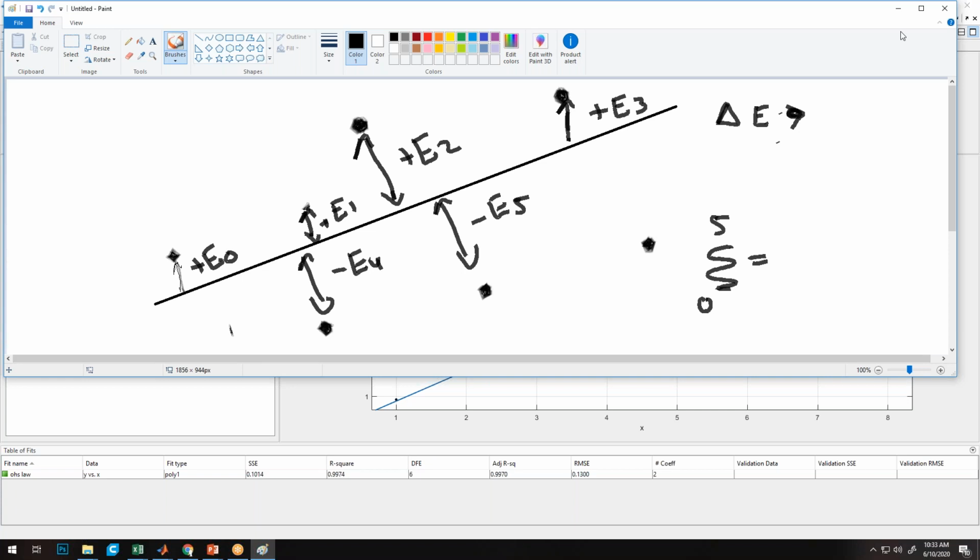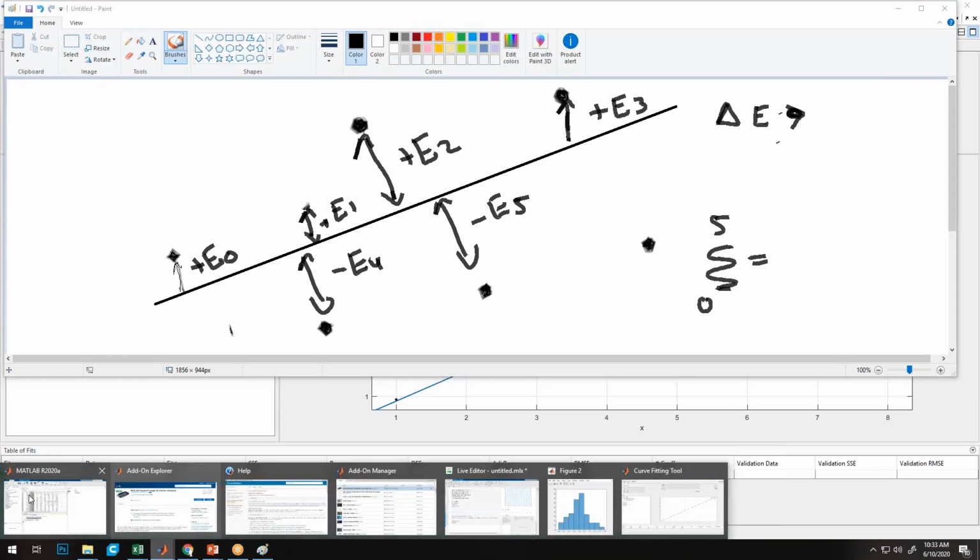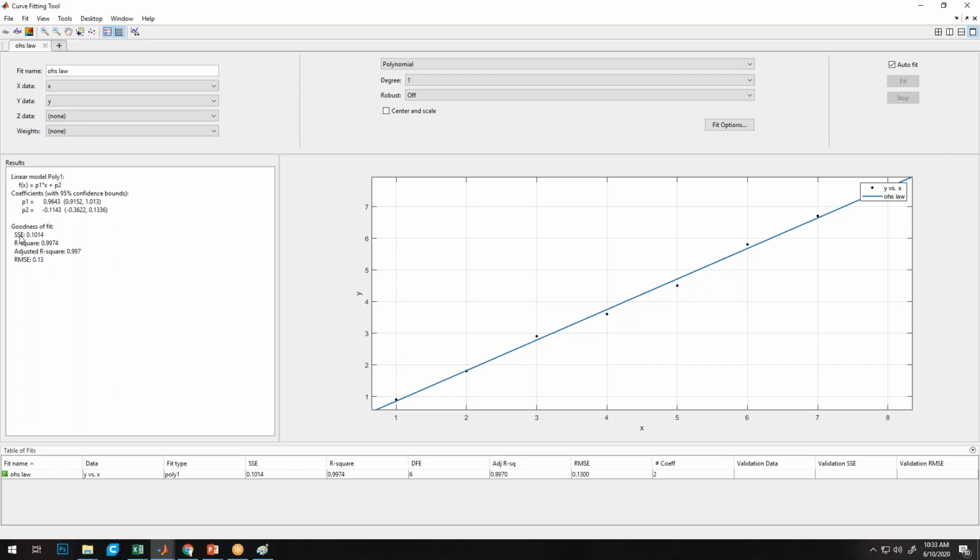So we are taking that only in this example, which is the SSE, the sum of square errors. It doesn't matter whether the point lies above the line or below the line, because if we take the square, it will be positive, and if we add all the positive numbers, it will be an even greater number. So if that number is very close to zero, then it means that whatever mathematical model we are trying to fit is more accurately validating the experimental data.